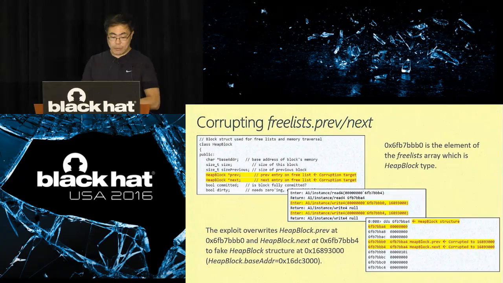But the thing is that when you override those fields and make it point to your own heap block structure, the first member of the structure is a base address. And if you assign your own shellcode address to this base address, then it will be pointing to your own RW permissioned address, right? Then